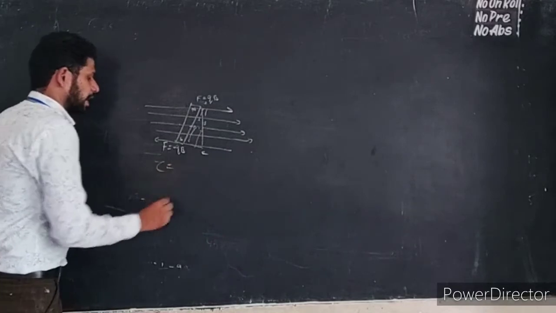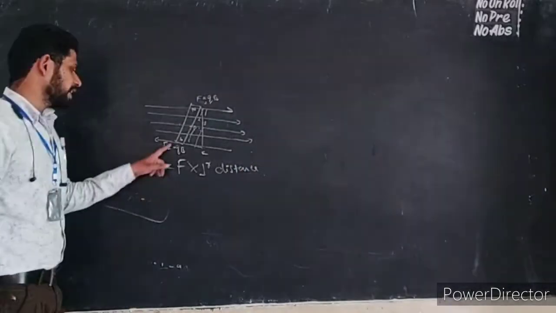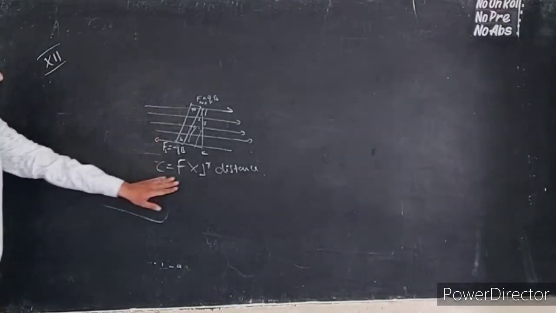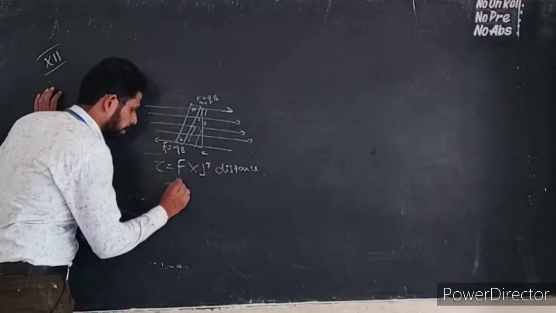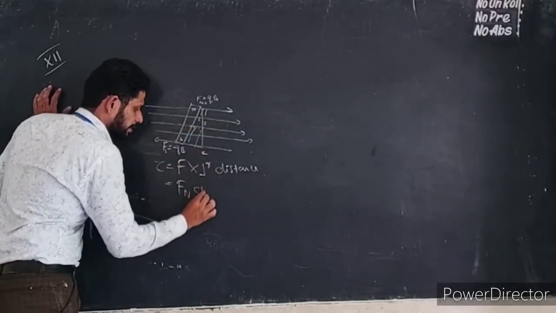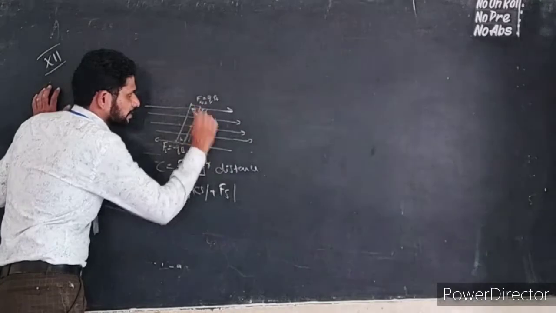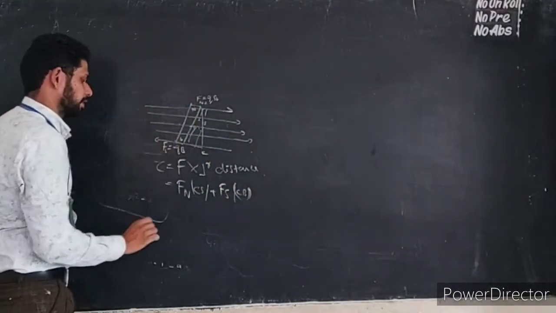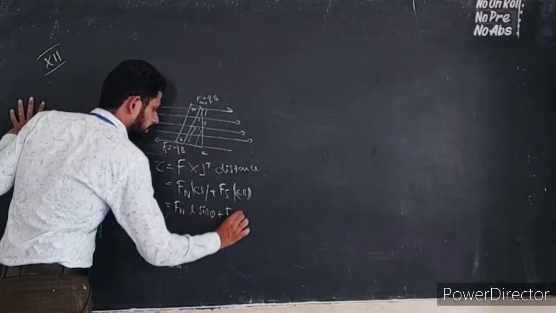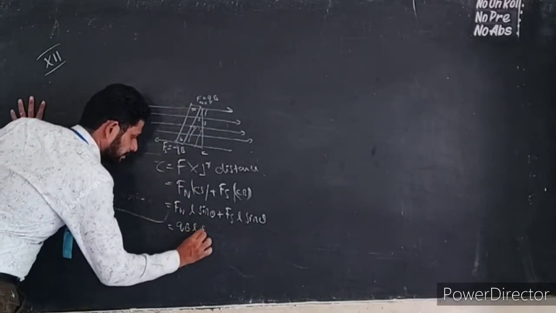Now, what is the torque? The torque is nothing but any one of the forces into the perpendicular distance. So here I have Fn, the force on the north side, and here I have Fs, the force on the south side. So the total torque will be Fn times the perpendicular distance from the center, plus Fs times the perpendicular distance, so Fn L sin theta plus Fs L sin theta. So what is that? 2 B L sin theta